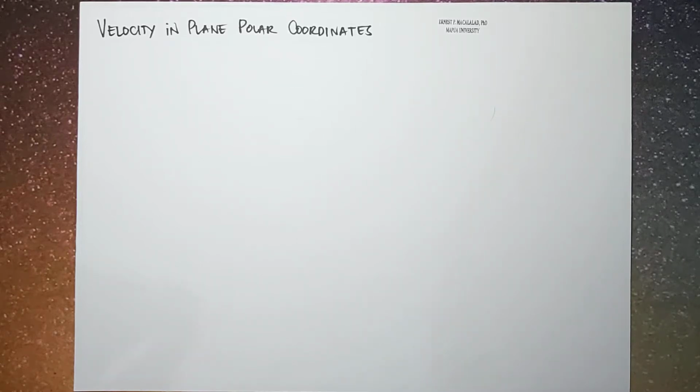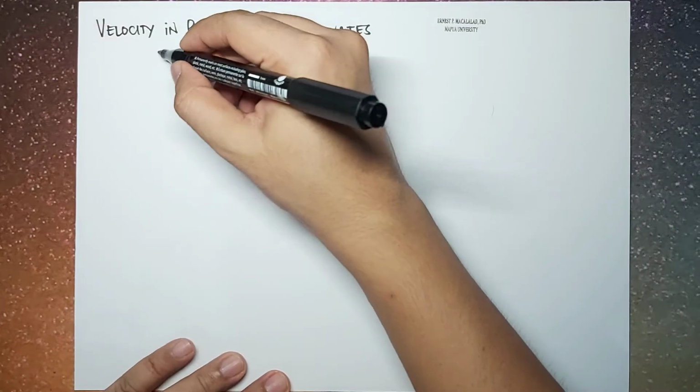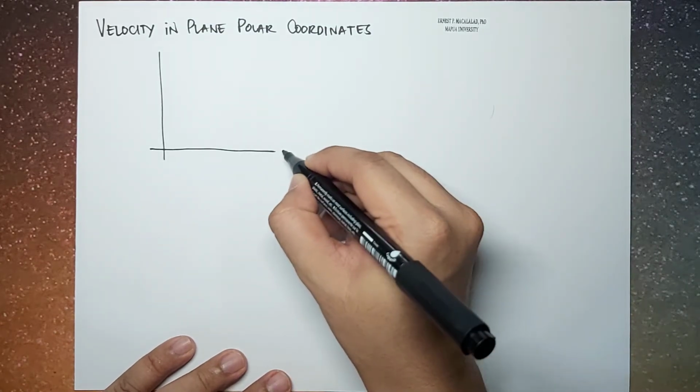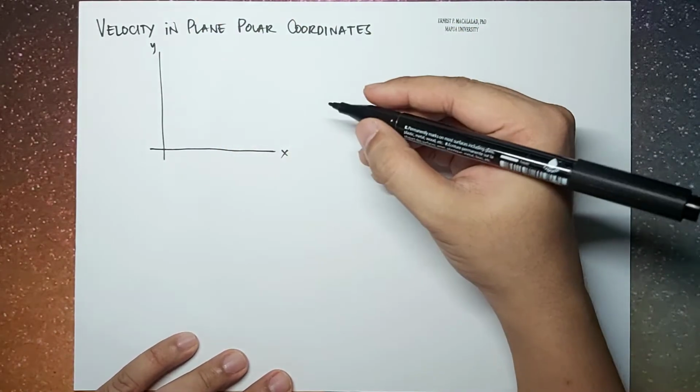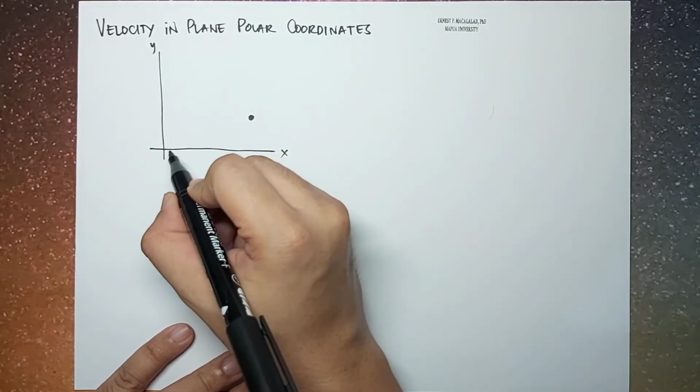What's up guys, it's me Sir Ernest, and today we're going to talk about the velocity of a particle moving in a plane, in the planar polar coordinate system. Now let's recall, if this is for example your Cartesian coordinate system, a particle at this position